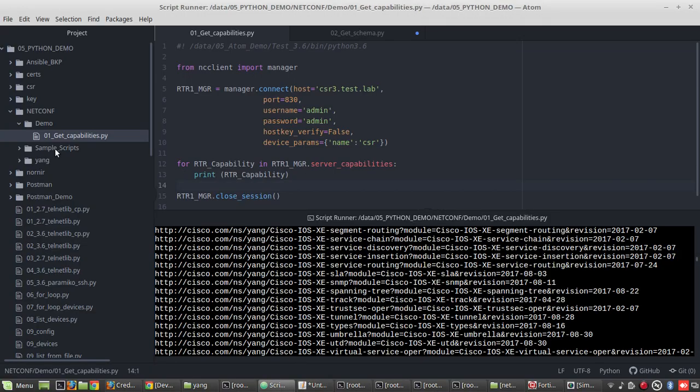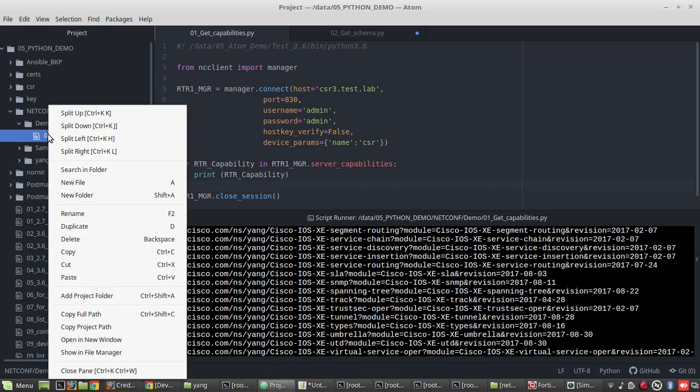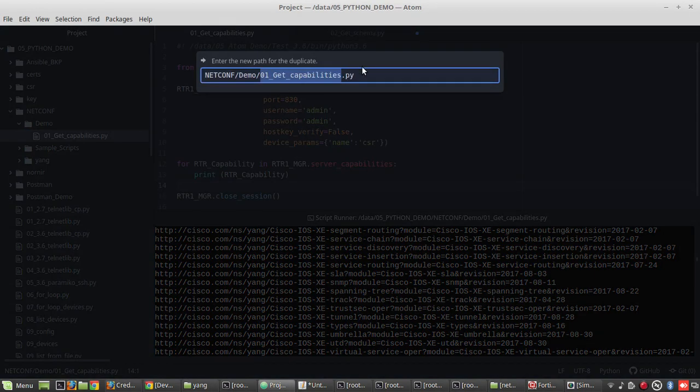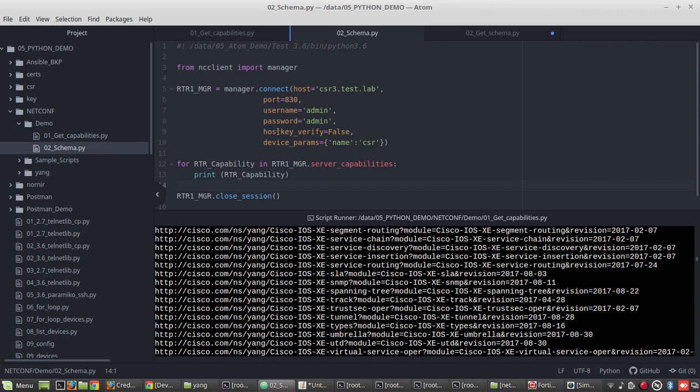For that, first I'll create a Python script. I'll give the name 02 schema, and here we don't need capabilities now.